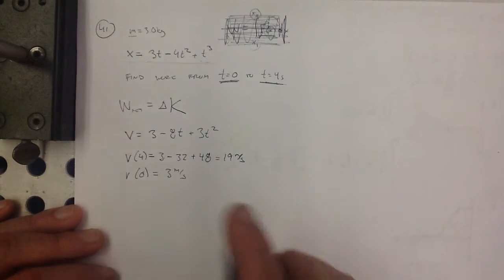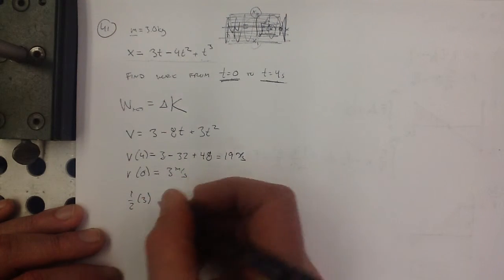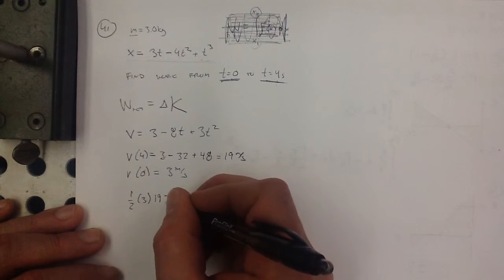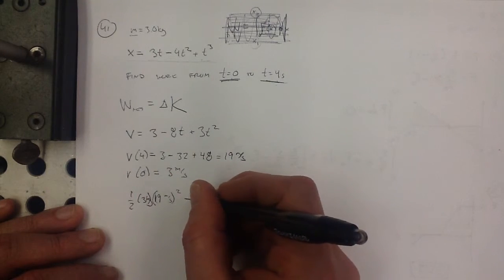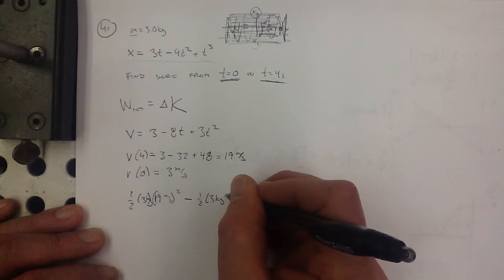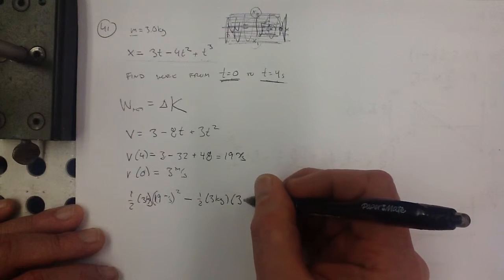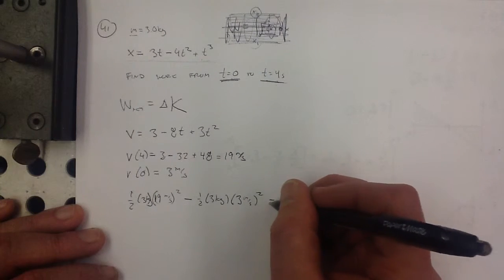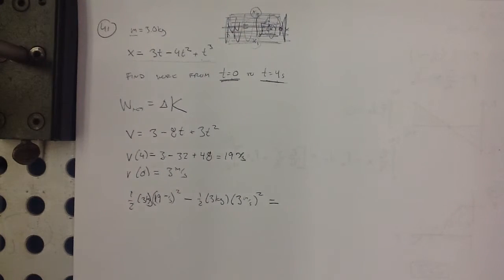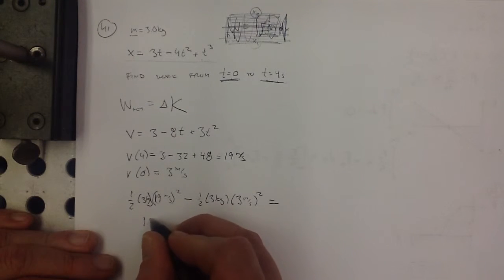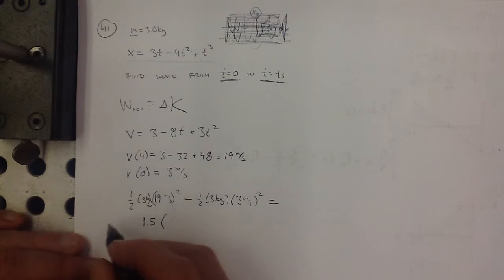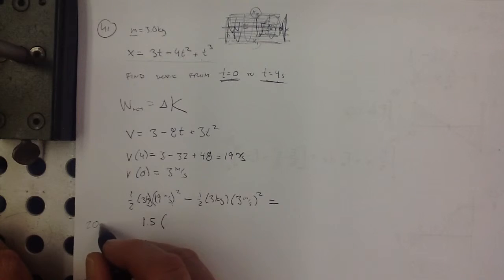So the change in kinetic energy, that's 1/2 mass times velocity squared. I shouldn't put units in some places and not in others. That's really sloppy. Minus 1/2 mass times velocity squared. And oh, where's my calculator? I think that comes out to be something. Okay, fine. So 1.5 times 19 squared is the same as 20 minus 1 squared, which is 400 minus 40 plus 1, right? So that'd be